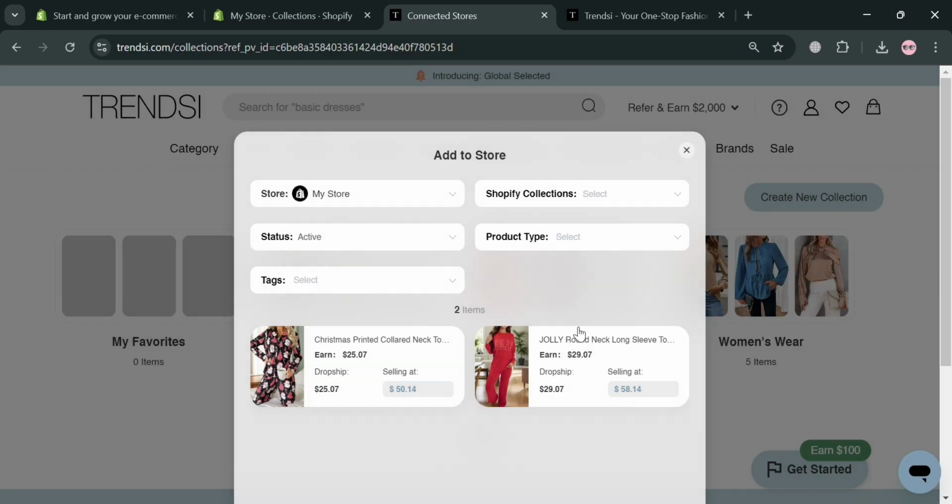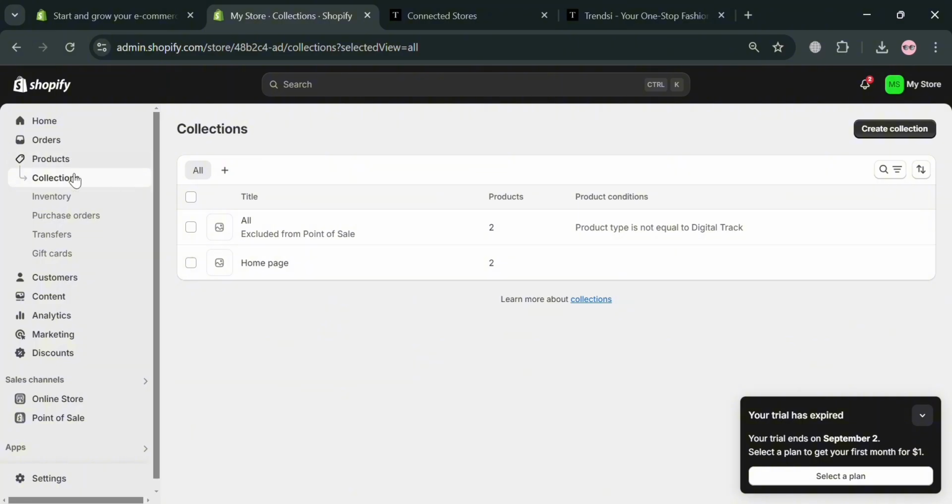And on the top panel, you could also choose a selected store that you want, and also the Shopify collections in here, and the status of it, tags, and many more. But as you can see under Shopify collections, we only have here the home collections that are available. So to add a new one, just go to this Shopify collections section in here and click Create Collection on the